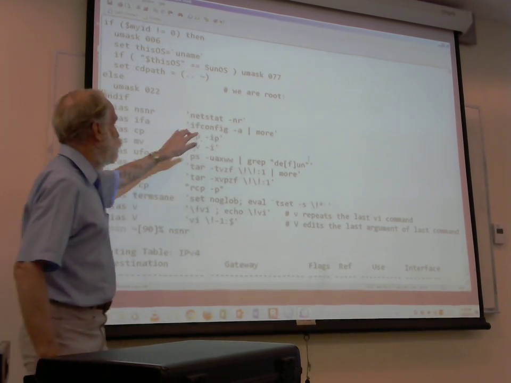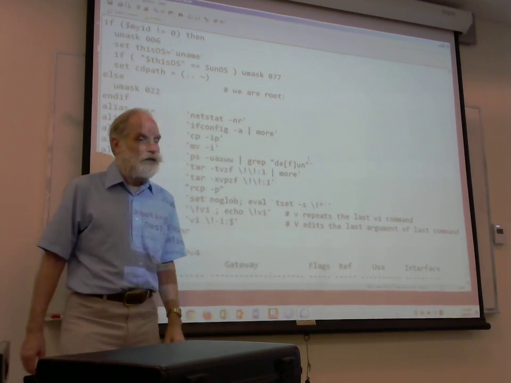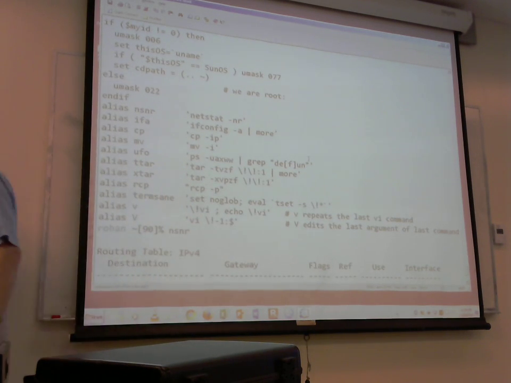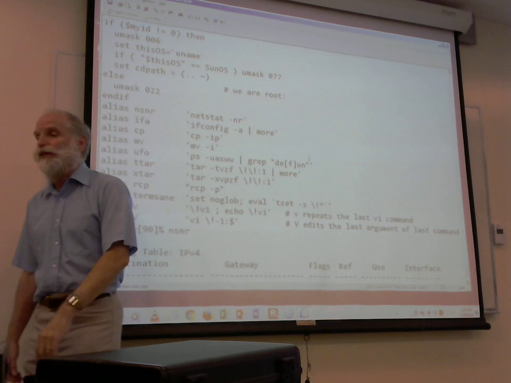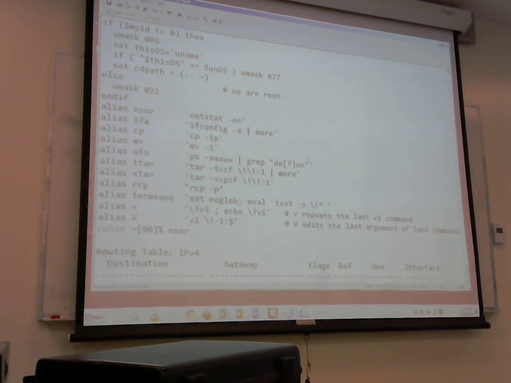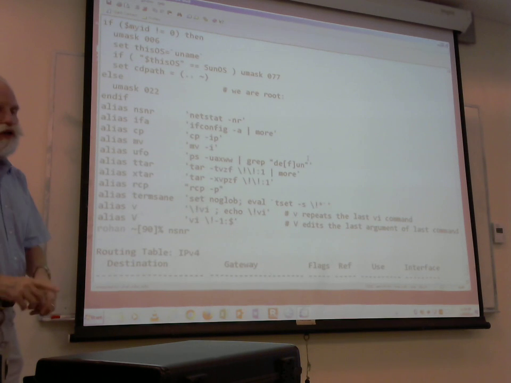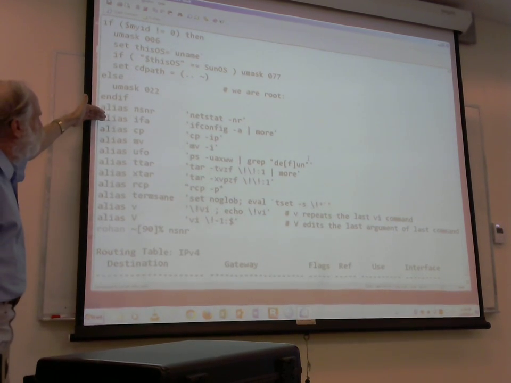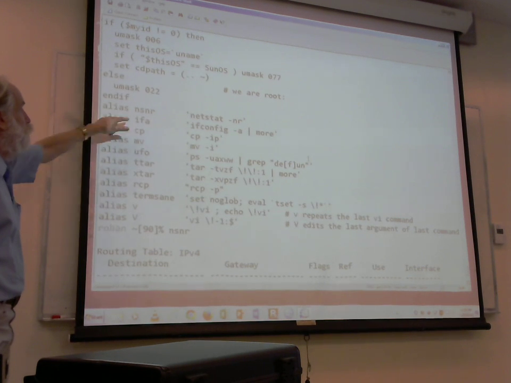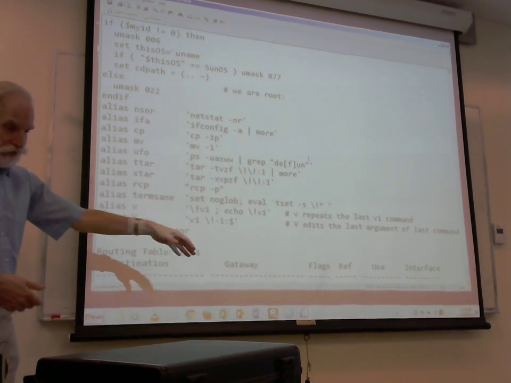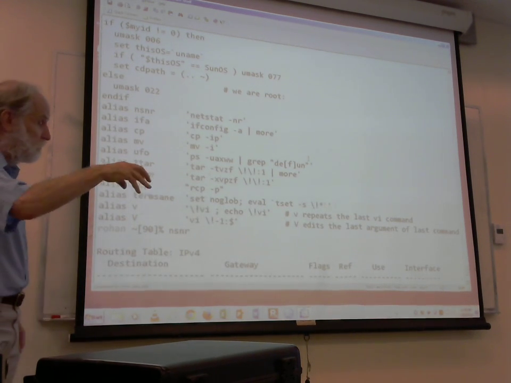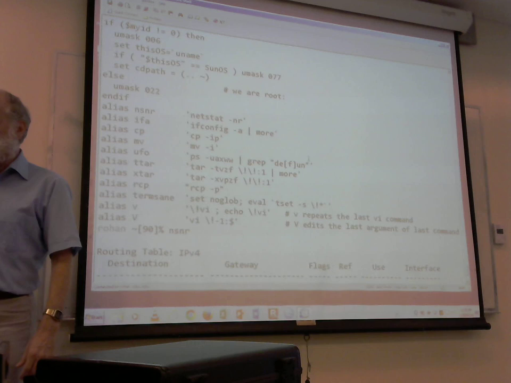All right. ifconfig -a, that's interface configuration, tell me about all of them, essentially. And often that's going to run off the screen, so I pipe the results through more. So when I type those 3 characters, it pretends I've typed all of those characters. And then you can find out which interfaces are up, who they're connected to. An interesting place to do that might be on Legolas. Try that command on Legolas, because there are 2 interfaces there. One of them goes to a little router box that's connected to all of your machines. That's the 10.0.0 network. And the other one is